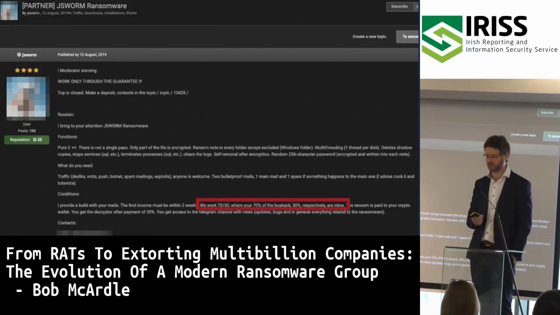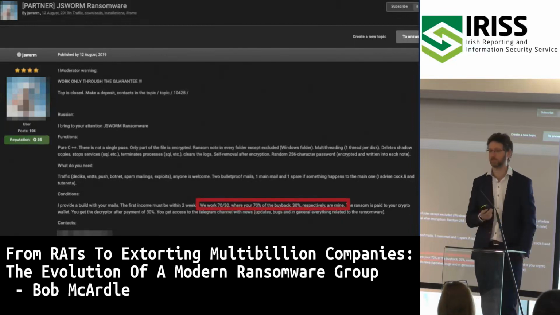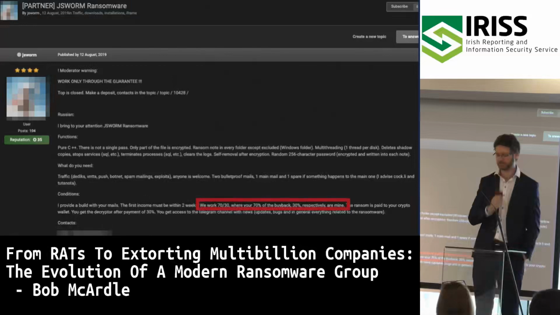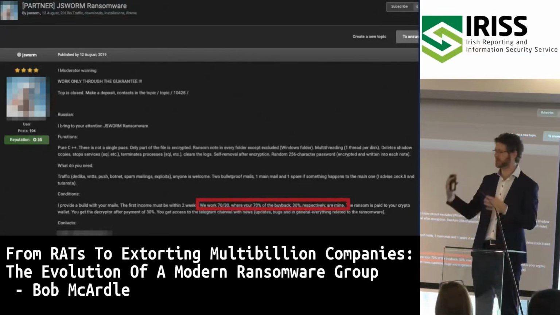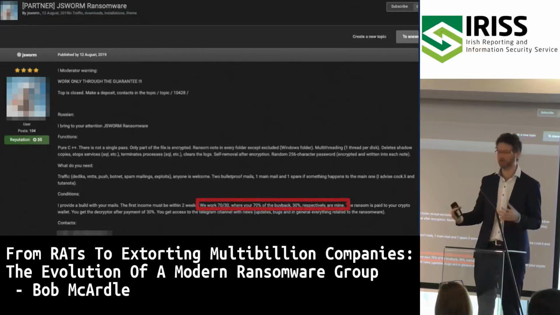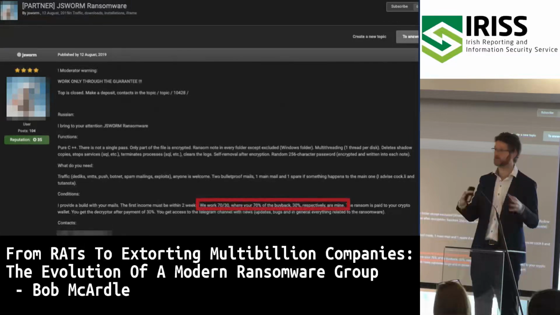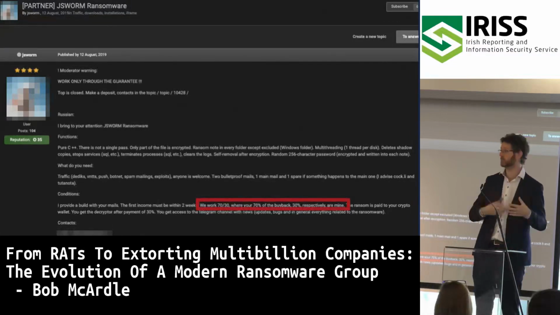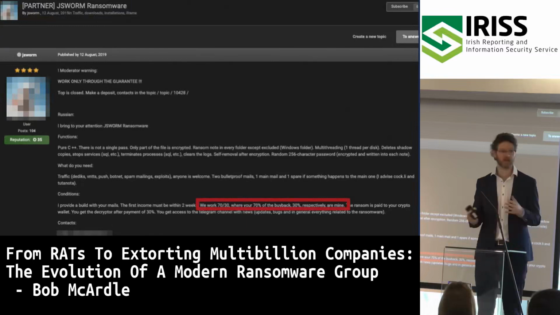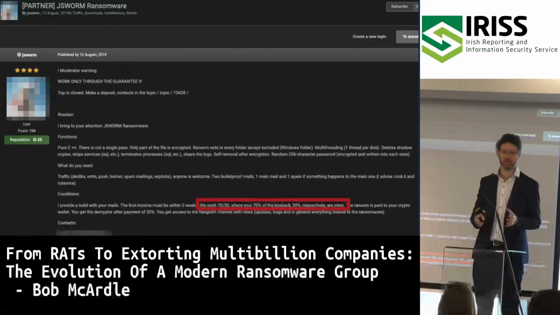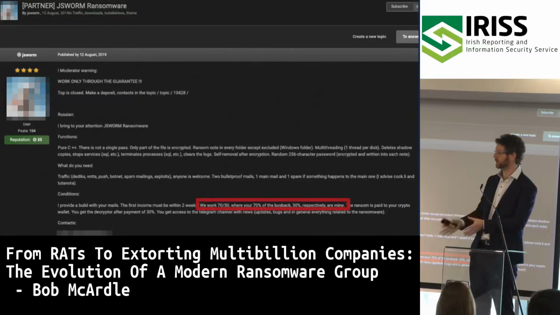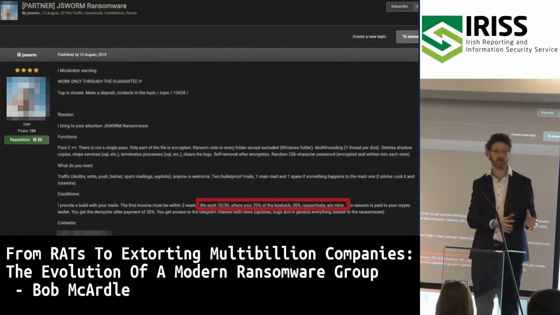Well, the reason it's this widespread is down to this line here. It mentions that they have a 70-30 split between an affiliate and themselves. How does that work? The business model here is that they partner with affiliates, or kind of pen tester, initial infection type people. They break into the network, deploy their backdoors and things around it until they have complete control of the network, and finally, they drop the ransomware component for you. To make that work for everybody, the affiliate takes 70% of the overall ransomware profits and 30% goes to the actual ransomware author, right?